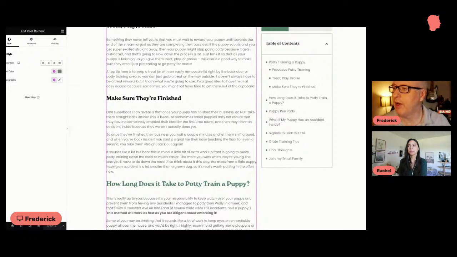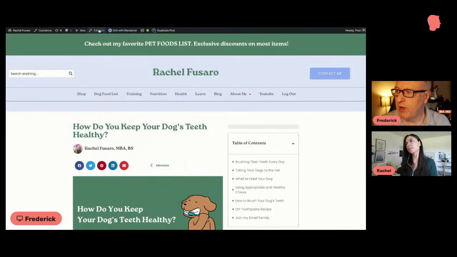So if I go back maybe to a blog post itself in Elementor, let me share this tab, and I will edit the post. If I edit the post, instead of editing with Elementor, I will